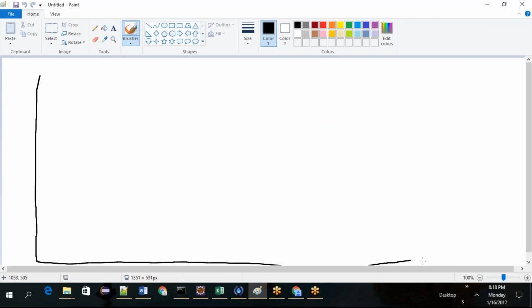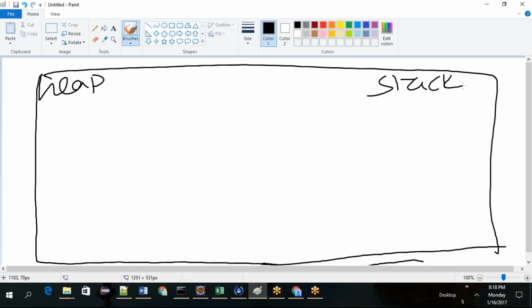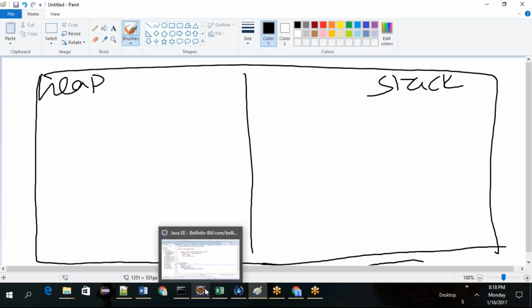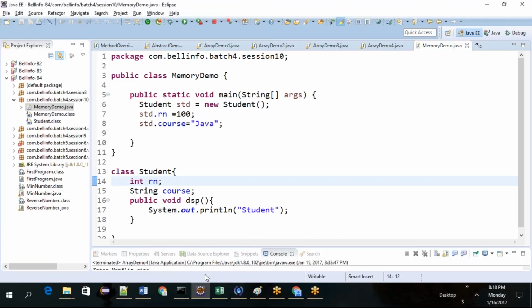Here we have a heap memory, here we have a stack memory. Okay, stack, S-T-A-C-K. So let's say divided. Then which part will go into the heap memory, which part will go into the stack memory? Basically what happens, you created an object, right? std.